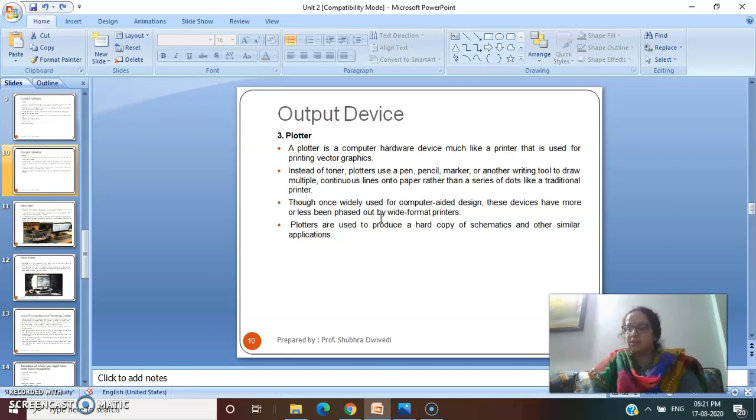In a raster scan display, the electron beam is swept across the screen one row at a time. Okay, the beam of electrons will pass through the phosphorus coated screen one row at a time. So the whole beam of electrons is hit on the phosphorus coated screen. But random scan display is also known as your vector graphics. In your random scan display, the